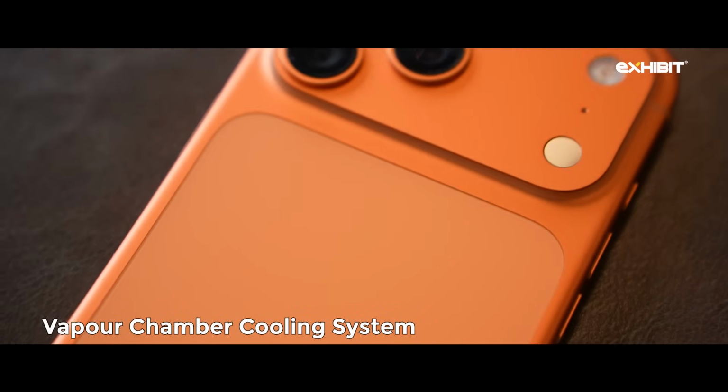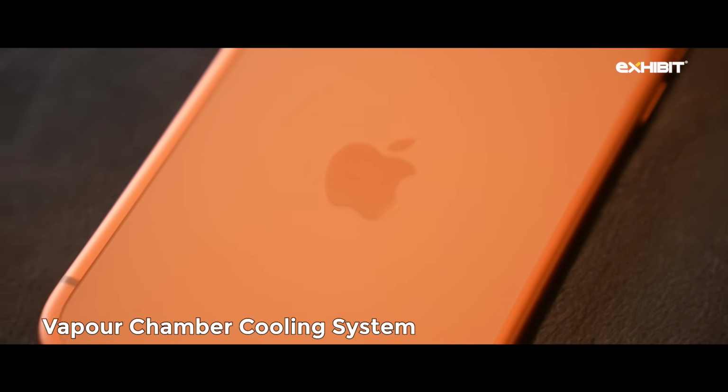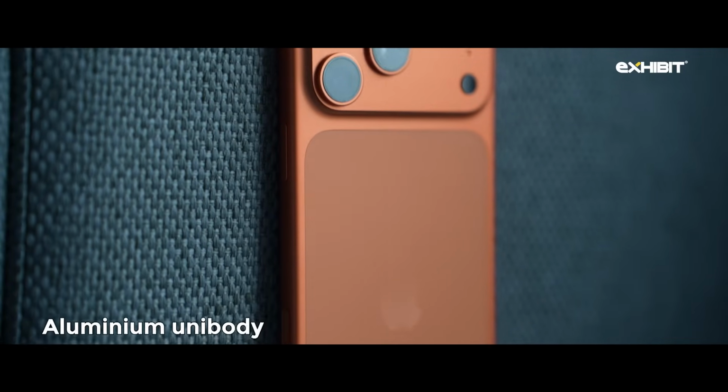For example, now you have a vapor chamber here. Basically, a vapor chamber means that your heat disseminates faster, again because there's an aluminum body rather than the titanium body. Now these are technical things, but titanium is more durable. The weight of these has increased. This is now 231 grams. This was 227 grams. The titanium body is of course more durable, but the aluminum has its own benefits, because